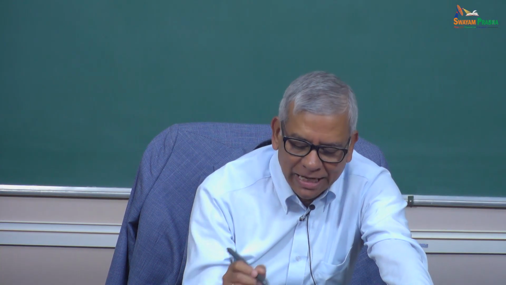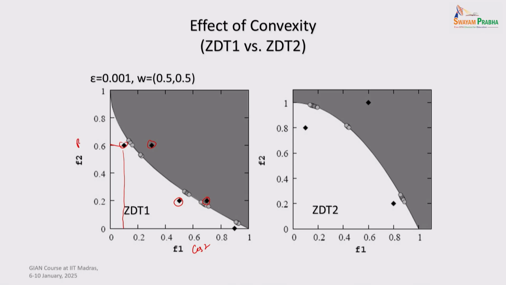No, there again you don't need weight. Here you ask the decision maker for these reference points, and these are not weights, these are objective combinations. Like I said, this is cost and this is emission level, pollutant level. You are saying I want to spend, let's say, $1,000 and I want 60% removal of my pollution. That's my wish. Okay, turns out no, I cannot give you a solution because any gray point would be a solution I can give you, but then I give you something that is close to what you are looking for.